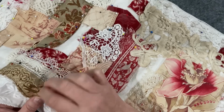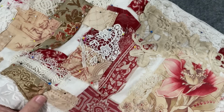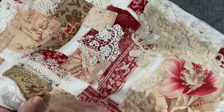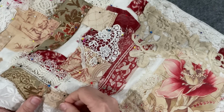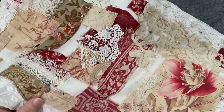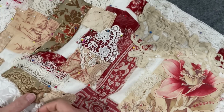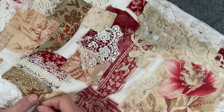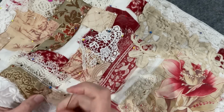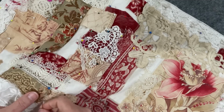motifs stitched into it. The tapestries themselves were actually found in a cupboard in a chateau or a castle, and they were rolled up. They'd been in there for hundreds of years, and they were very much water damaged and rat damaged. There's old Ratatouille again, popping up and having a munch on a beautiful tapestry. So they've dug them all out and they've restored them. In the process of restoring them, there were huge chunks missing, like the whole bottom of the tapestry could be seen being chewed off. So they've restitched them,